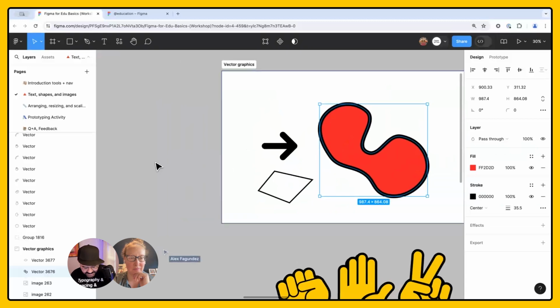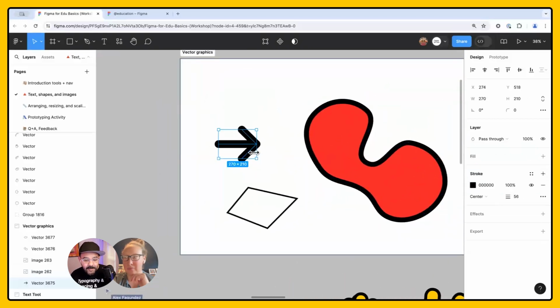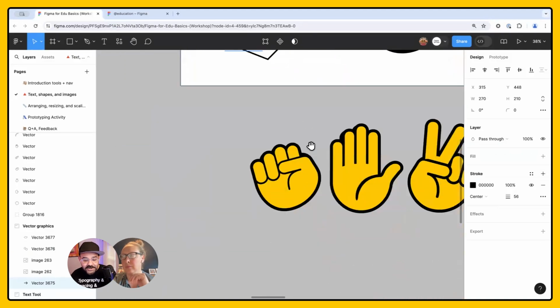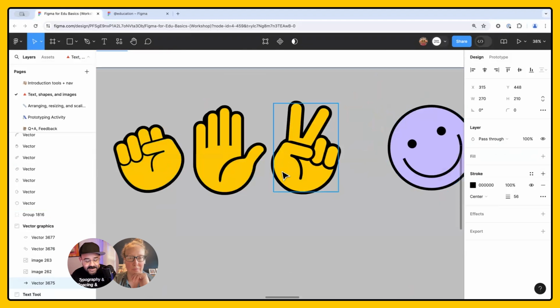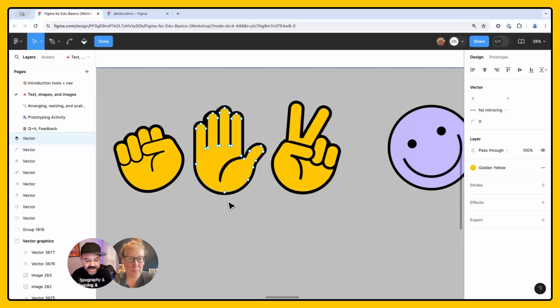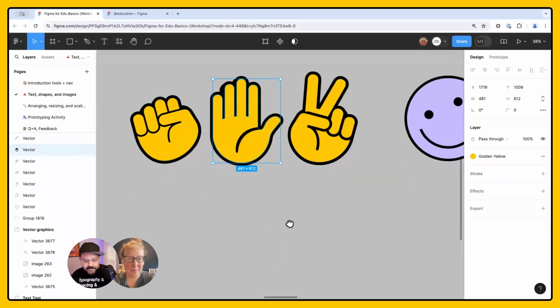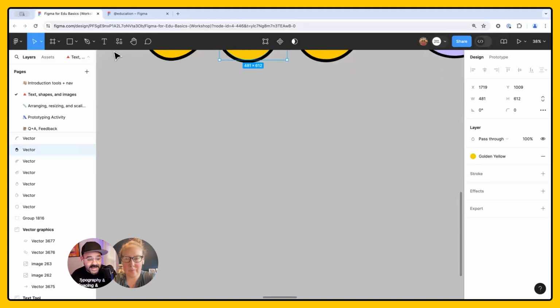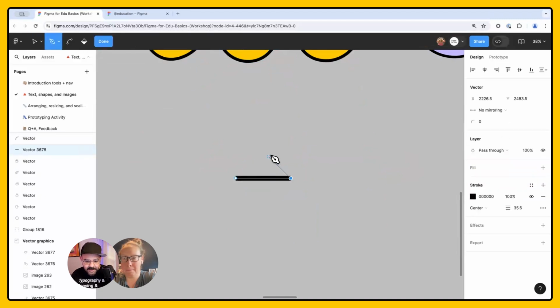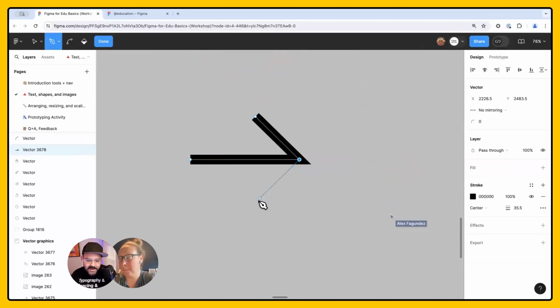One of my favorite activities is to go in and create objects that make use of a new feature in Figma. Well, a feature that Figma kind of pioneered called vector networks. I'm going to show you what that means. So in traditional drawing applications, by the way, all of these graphics here are all generated using vector graphics. So if I click in, you can see I can change its position and how it's created.